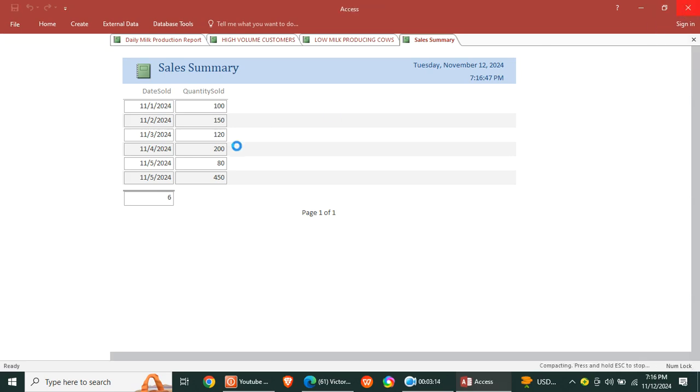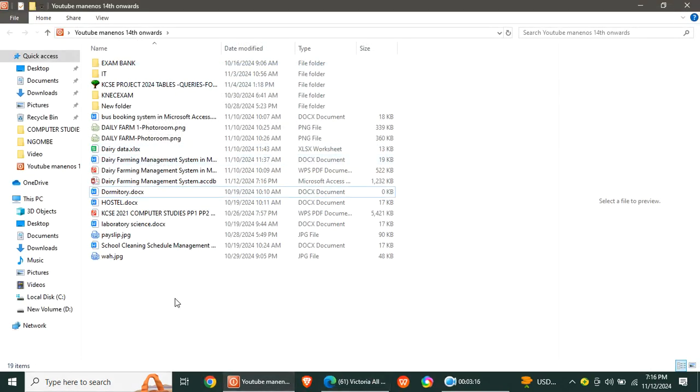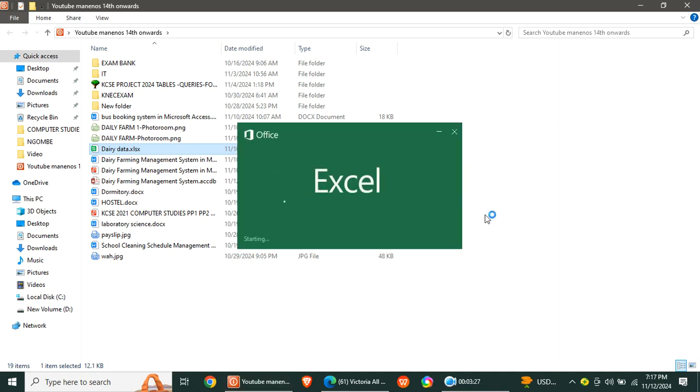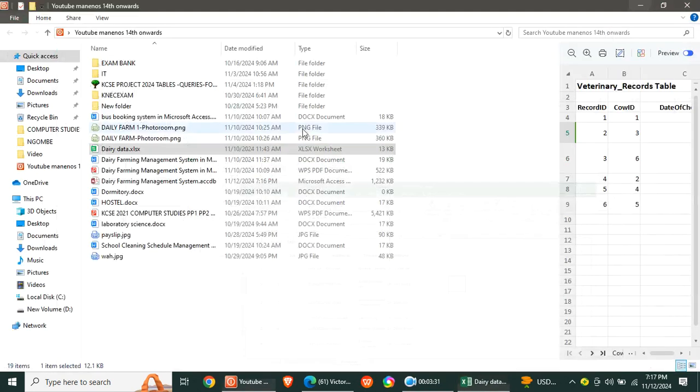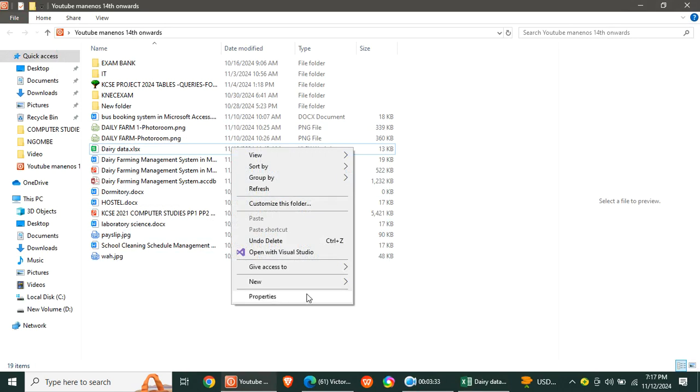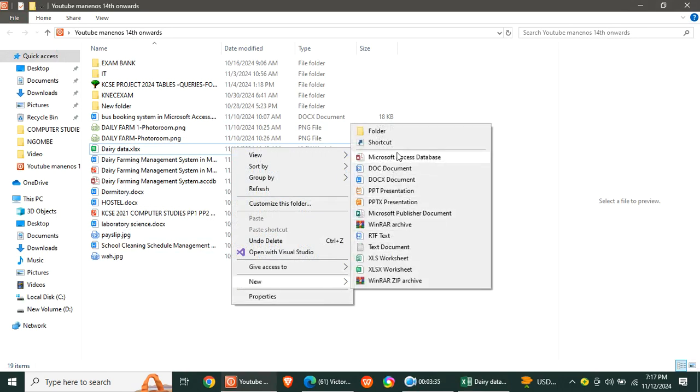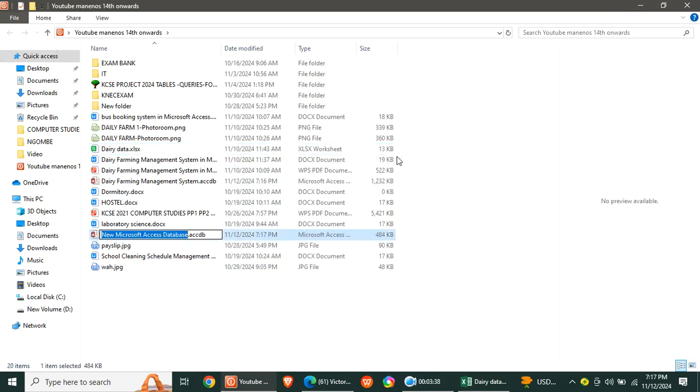So guys, let's start by creating the database. Here we shall launch where our data is. Then I wish to go to Access. So right click, go to new, then go to database. From here we shall create our